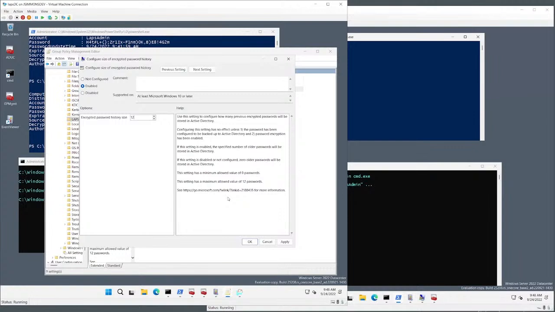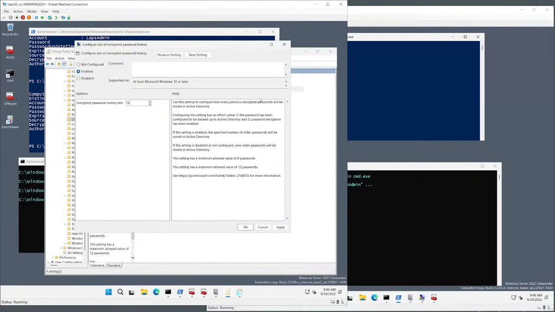But essentially it requires that the client have permission to read the encrypted password. For this feature to work for clear text passwords, it would require that the client have permission to read the clear text password, and we don't want to do that. That's not a good idea. So I'm going to save this policy,